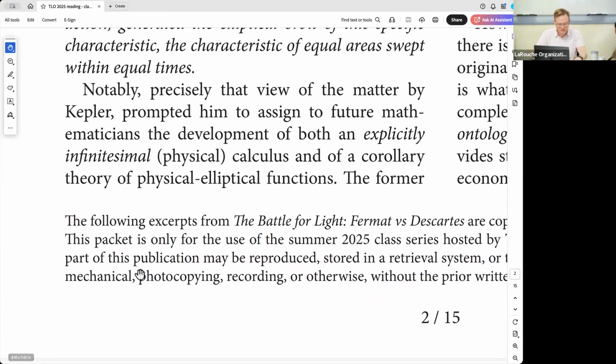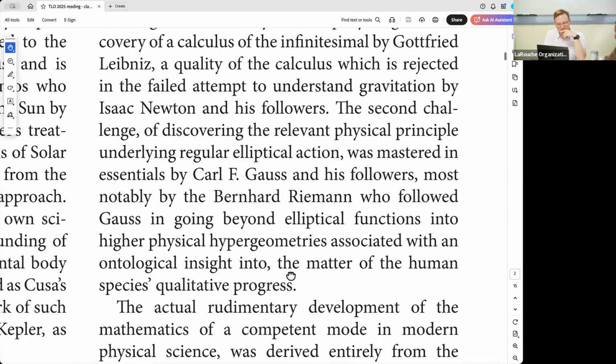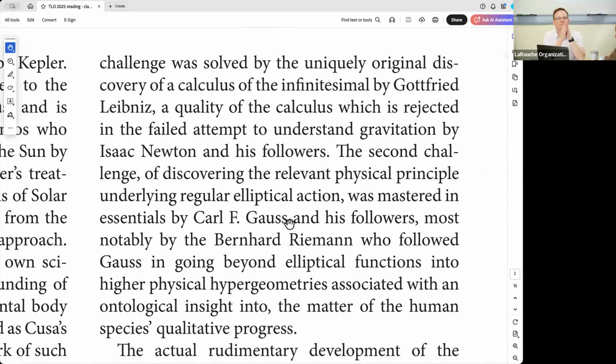Notably, precisely that view of the matter by Kepler prompted him to assign the future mathematicians the development of both an explicitly infinitesimal calculus and of a corollary theory of physical elliptical functions. The former challenge was solved by the uniquely original discovery of a calculus of the infinitesimal by Gottfried Leibniz. The quality of the calculus, which is projected in the failed attempt to understand gravitation by Isaac Newton and his followers. The second challenge of discovering the relevant physical principle underlying regular elliptical action was mastered in essentials by Carl F. Gauss and his followers,